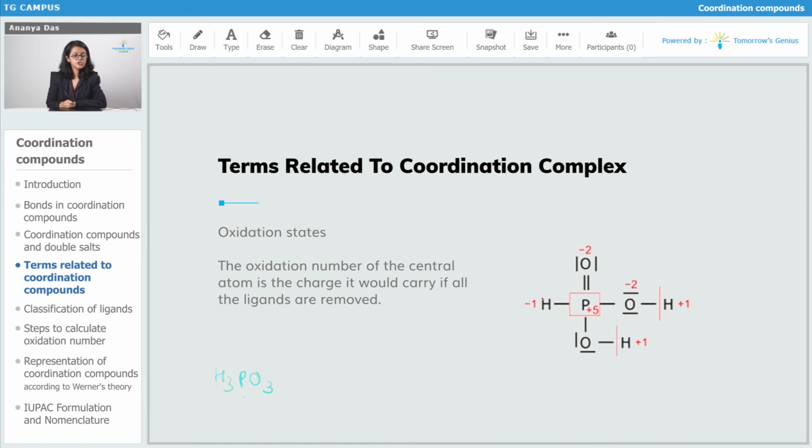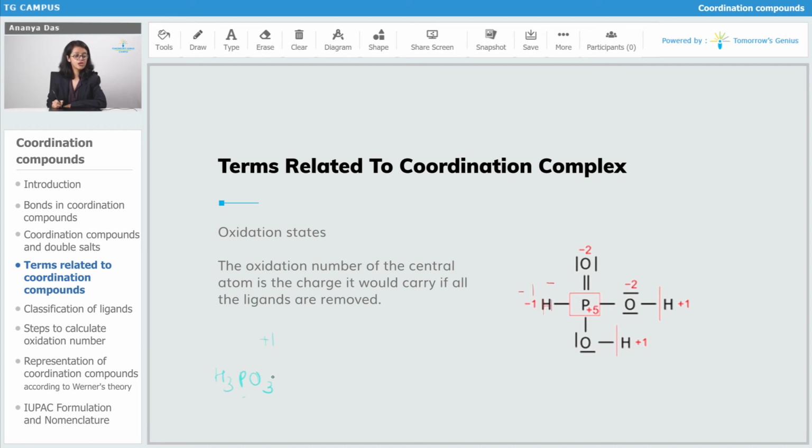So phosphorus here is attached to a hydrogen atom. Phosphorus has a lower electronegativity than hydrogen, even though the difference is very small, but still it's considered that it has a lower electronegativity. So if I consider the bond to be purely ionic, then I'll say that the hydrogen atom completely takes the electrons of the bond towards itself. This leaves the hydrogen atom with a charge of -1, and it leaves the phosphorus with a charge of +1. So phosphorus right now has a charge of +1 due to its bond with the hydrogen atom.